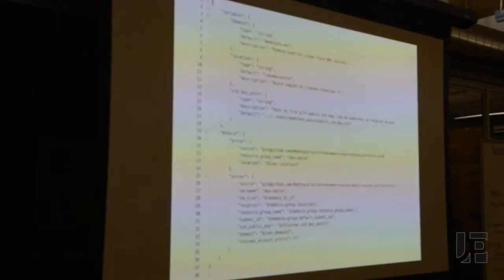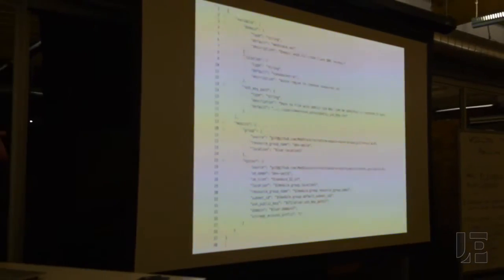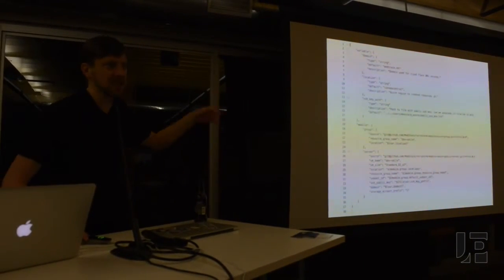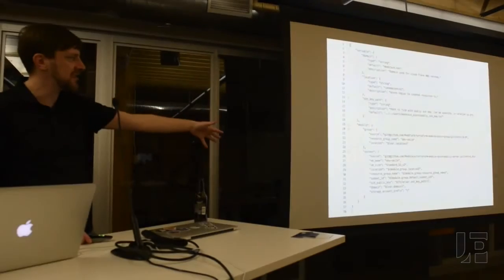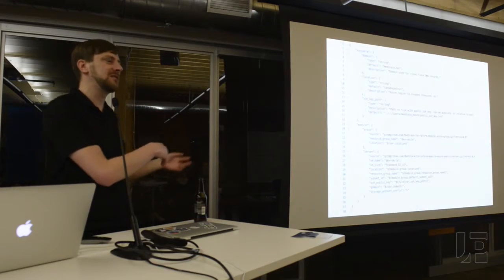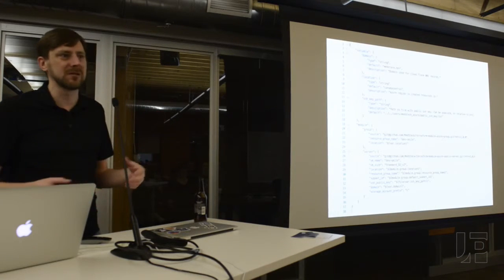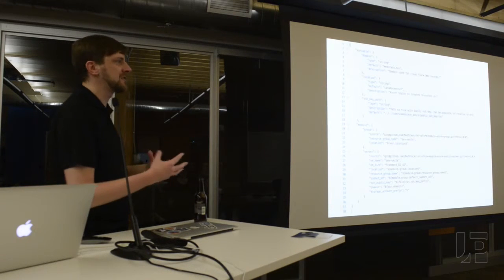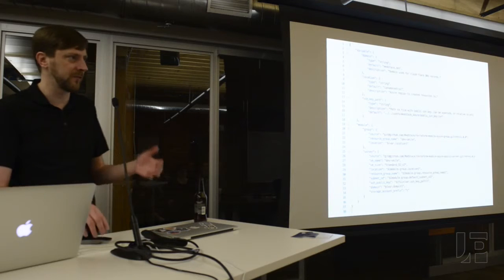And then Terraform lets you run a plan phase, so it will tell you what it would do if you were to run it. It will run an apply phase where it will actually go ahead and make changes. If I were to run this and then change the VM size, for example, that's an Azure size, we use Azure a lot for Linux VMs, say to a D3 V2, and I ran plan, it would say, all right, I'm going to destroy the D2 V2 VM and replace it with a D3 V2. So it's pretty intelligent about how it tries to do the minimum amount of change necessary to fulfill your code changes.